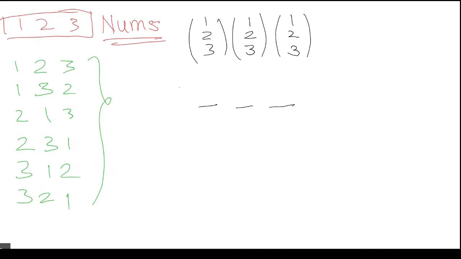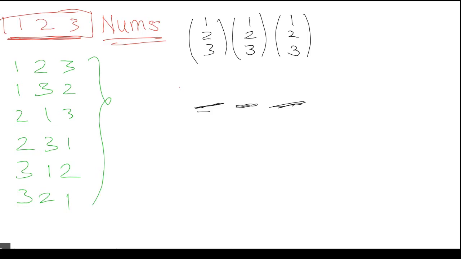Let's take the same example. So this is my array nums and the below are the possible permutations for this array. Okay, so there are 6 possible ways and as you can see all are of length 3. So I have taken 3 blank spaces. Now I will go through 1 2 3 in each of the spaces and we will produce our permutations.